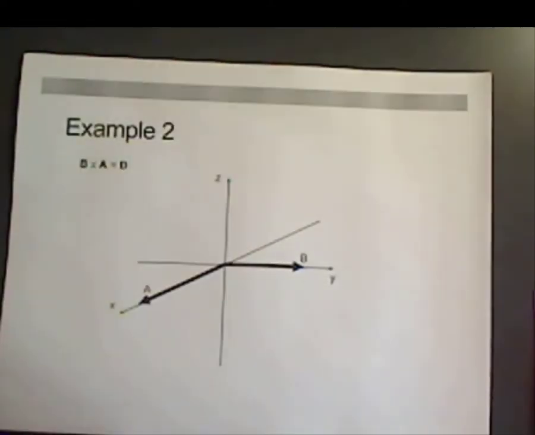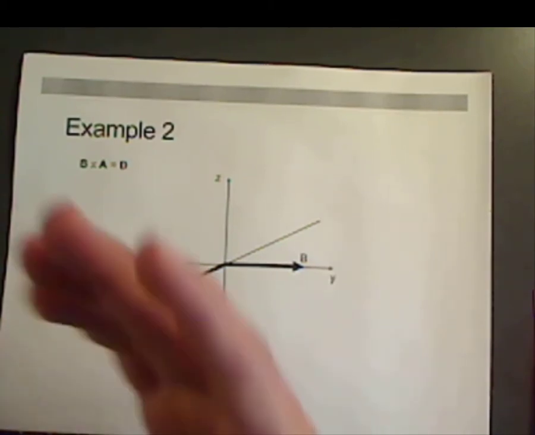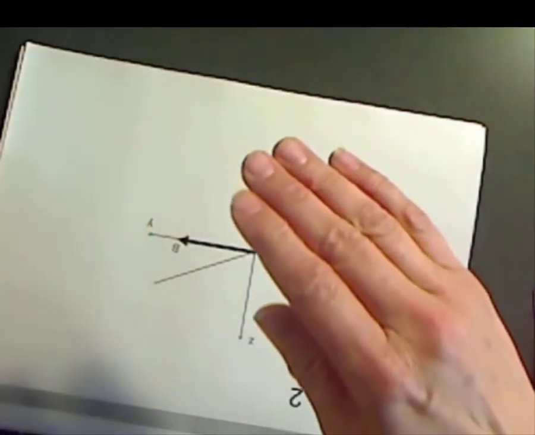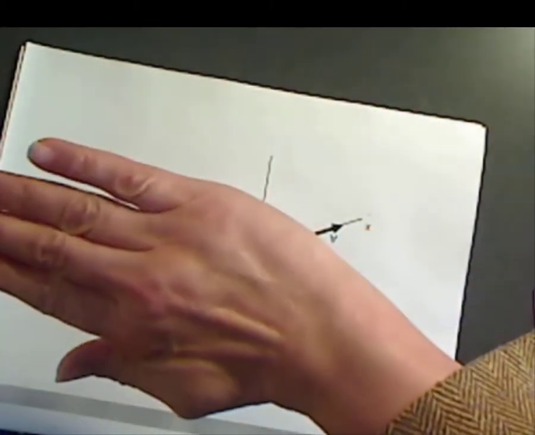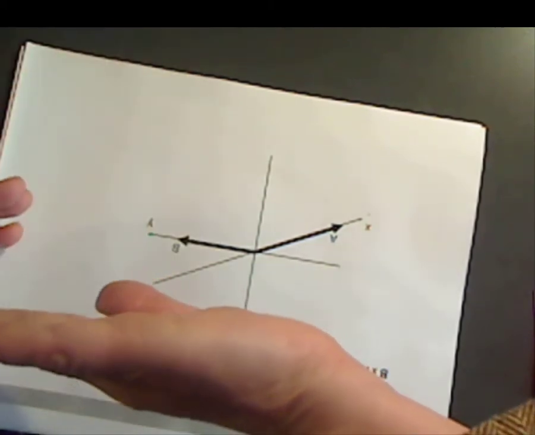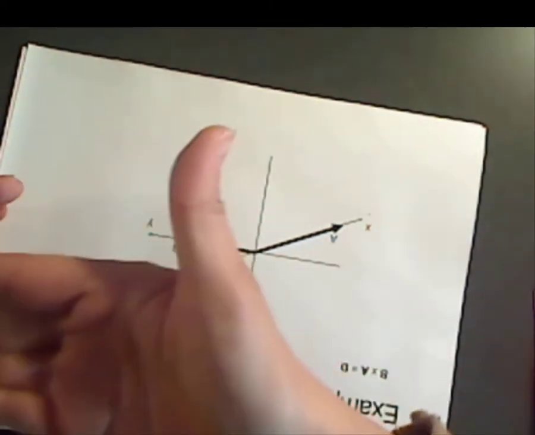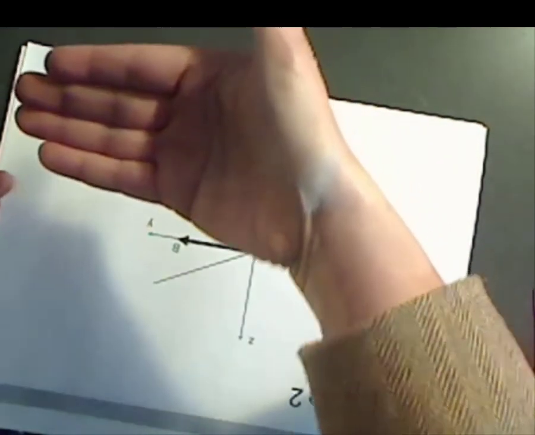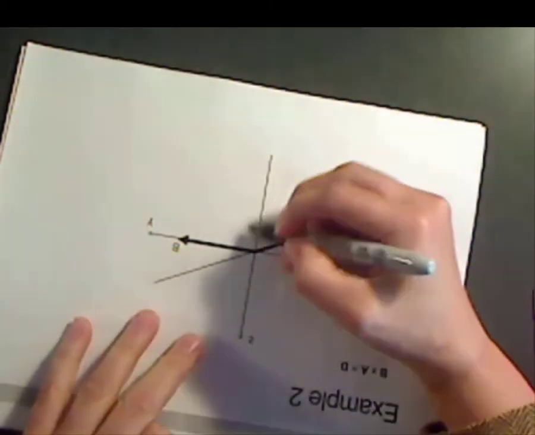Next, we're going to keep the same A and B, but instead of doing A cross B, we're going to do B cross A. So again, I can't get my hand to easily point along B, so I'm going to rotate the page again. So I'm going to point my fingers along B. I'm then going to rotate my hand so that I can point my palm out of the page. And you see, I'm not there yet. Out of the page would be here, in which case my thumb points towards the bottom of the page. So D